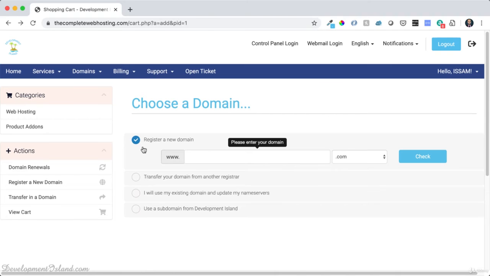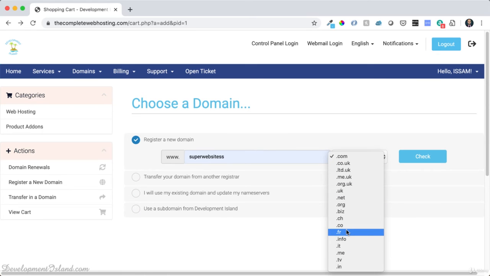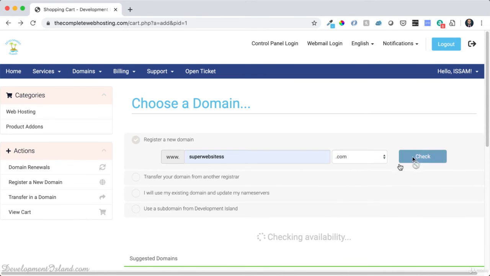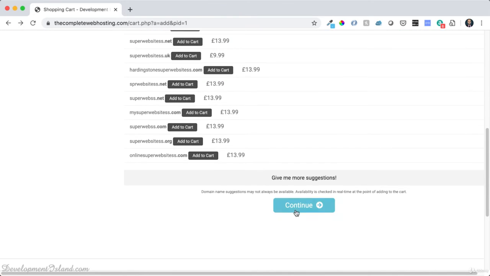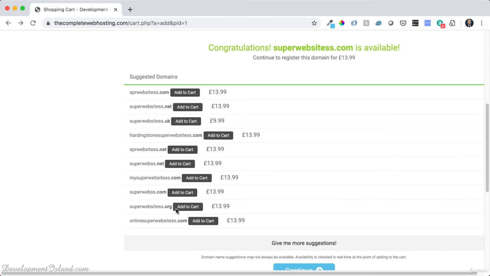So you can either register a new domain, which is going to be owned by yourself, and that's the professional route if you're planning to share your work with clients or potential employers. So you just need to pick a domain name and a domain extension, or TLD, which stands for top level domain. I'm going to go for the .com TLD and check if the domain is available. So it is available. If you're happy with it, you just click on continue and go to the next stage. Otherwise, you can pick one of these alternatives,